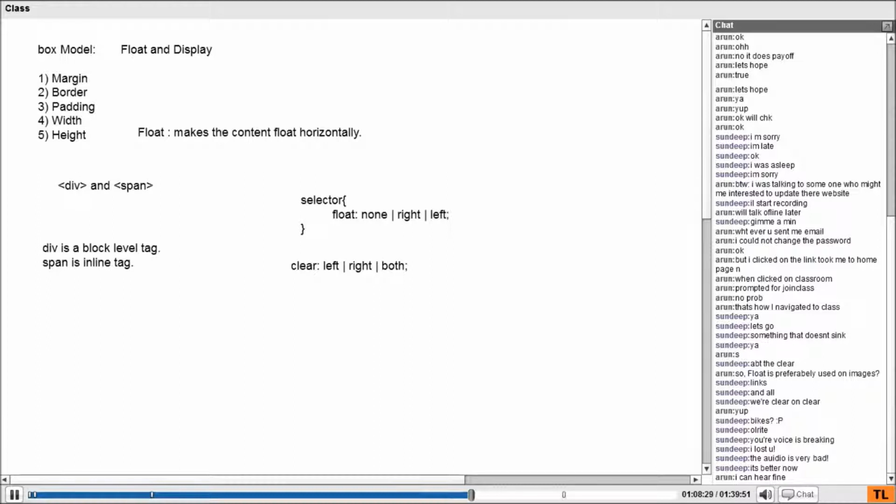So see, these are floating right, floating left, floating right, and floating left. But still, even text is also floating right. So here I'll use one more div called this is, let me see,